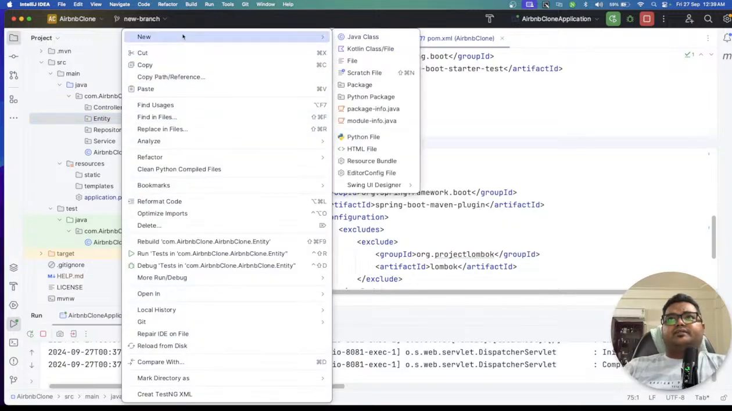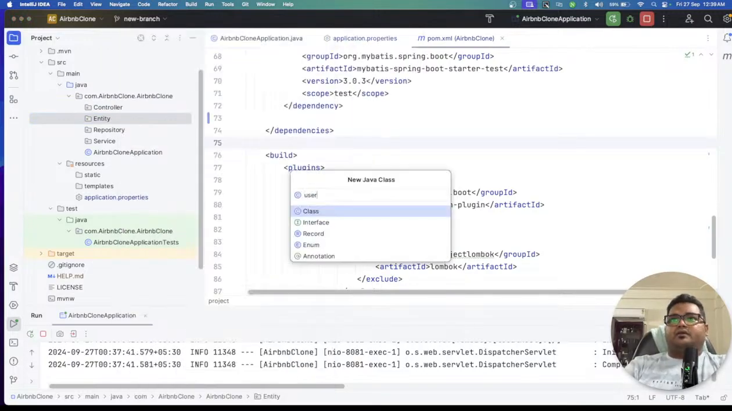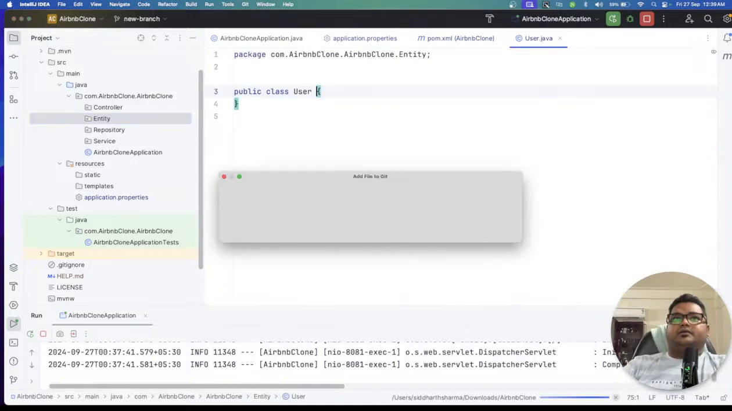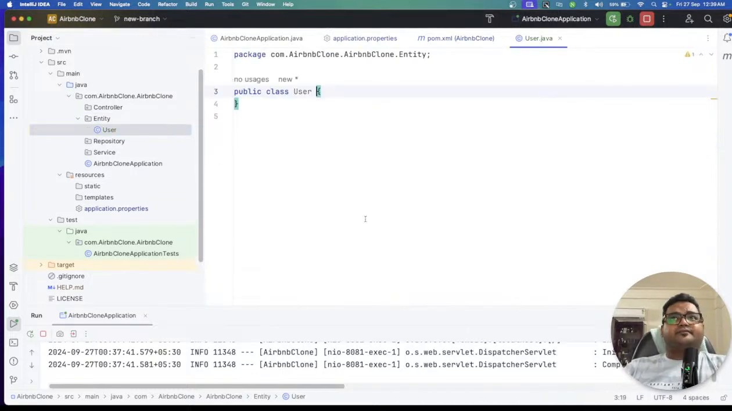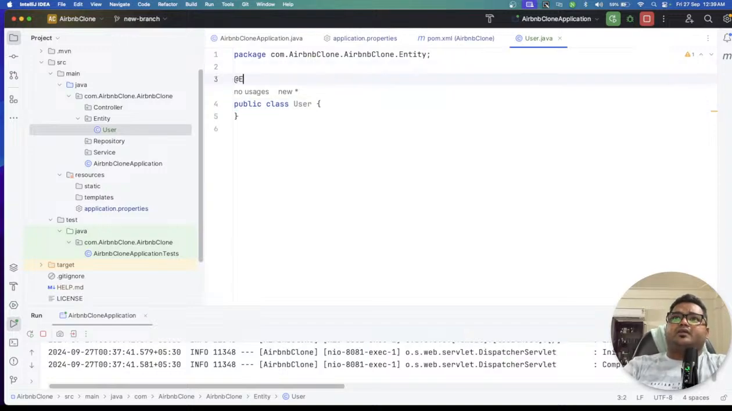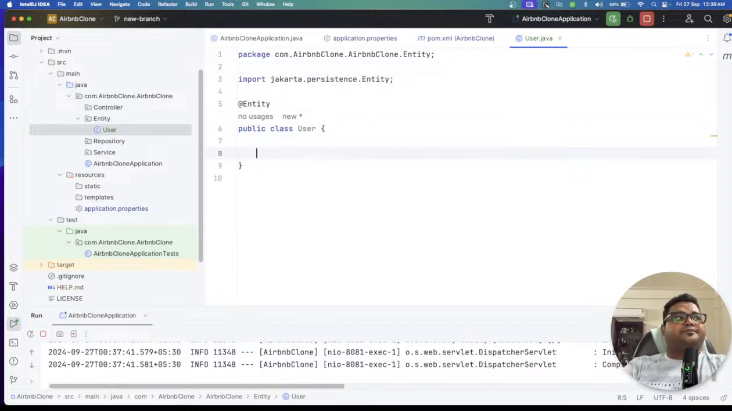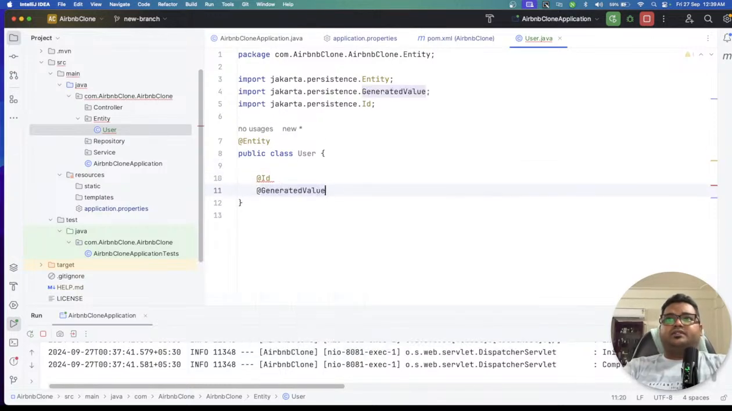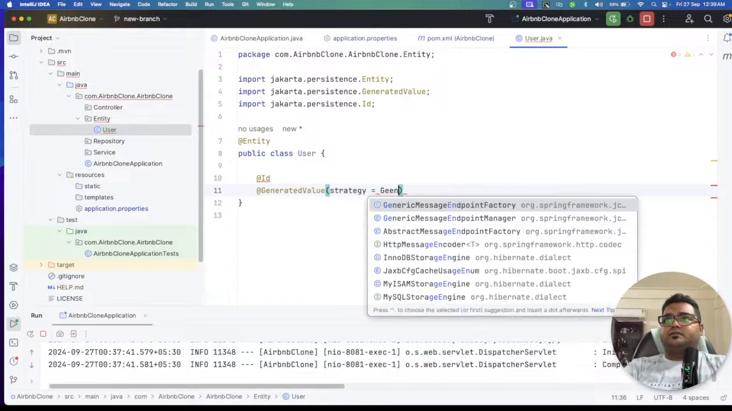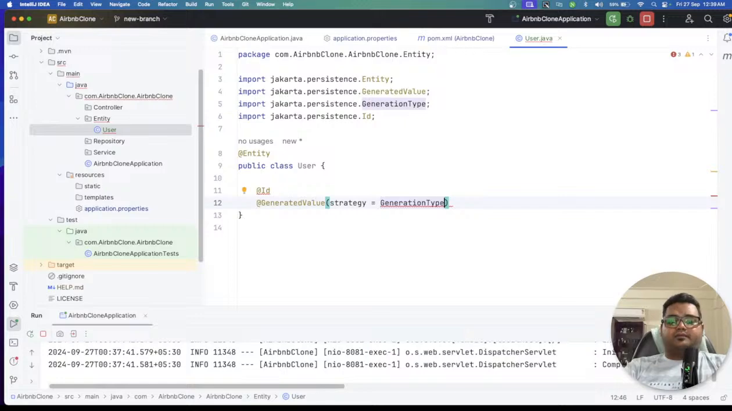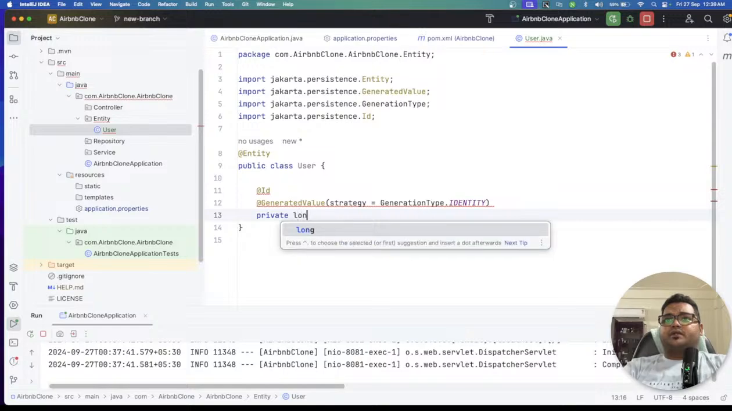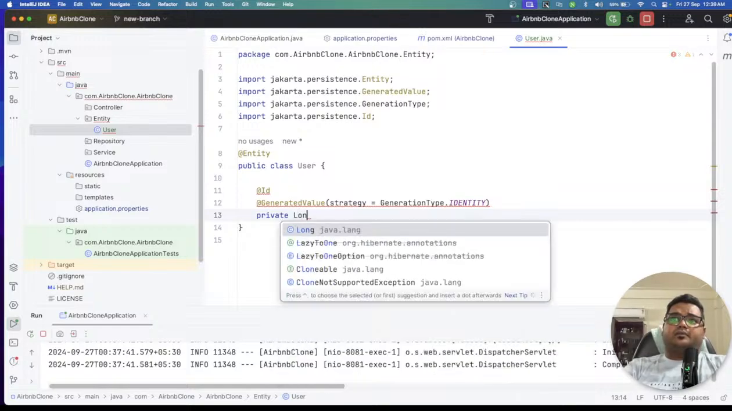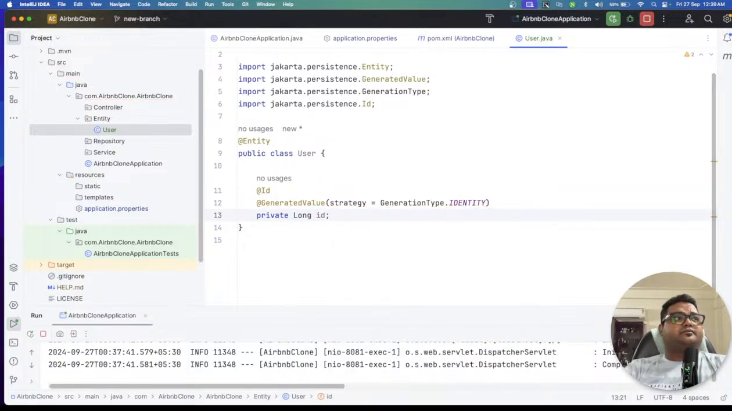So let's go to the entity, create a user, annotate this with entity Jakarta, ID, generated value, strategy, generation type, identity, private long id,